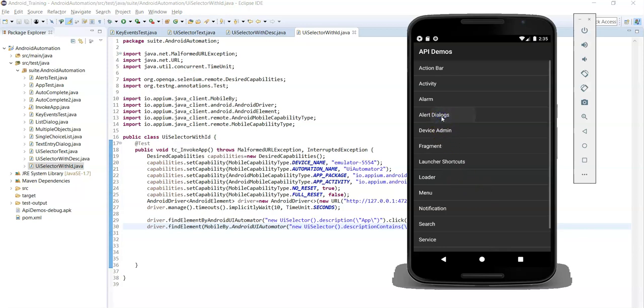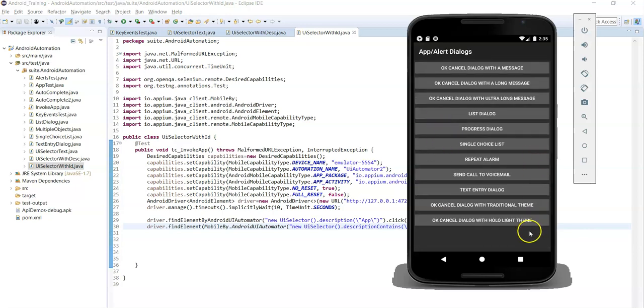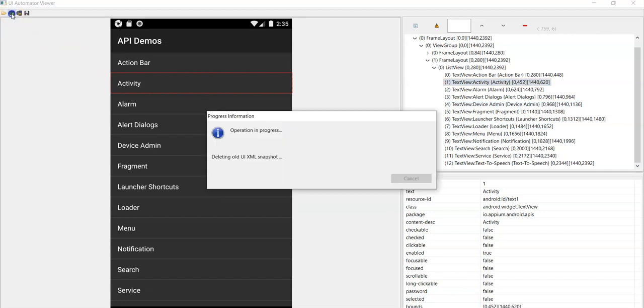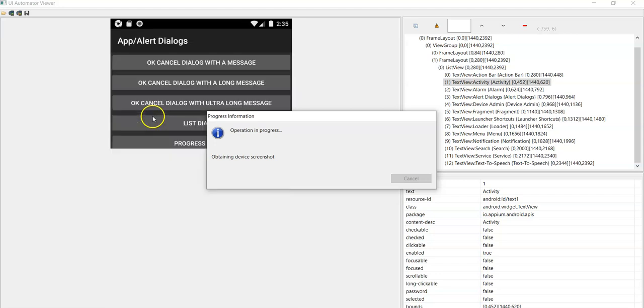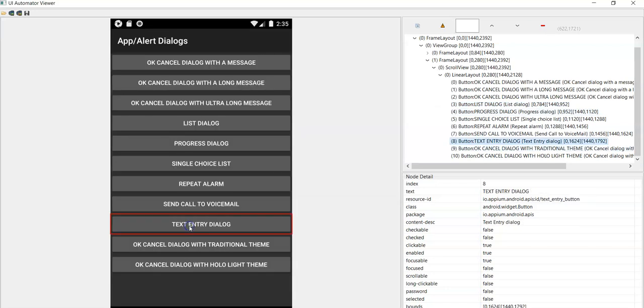Once navigated to this screen, let's identify the locator for this text entry dialog button. Let's refresh the screenshot. Now click on the text entry dialog button. You can see the text entry button.